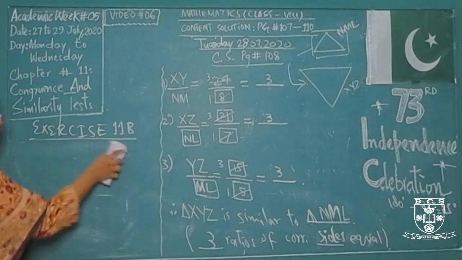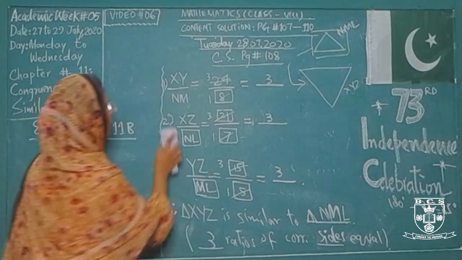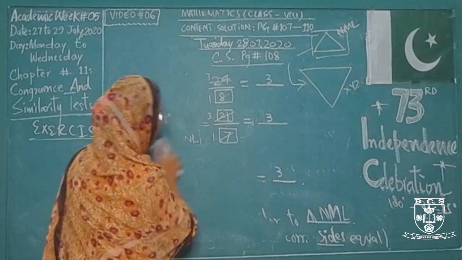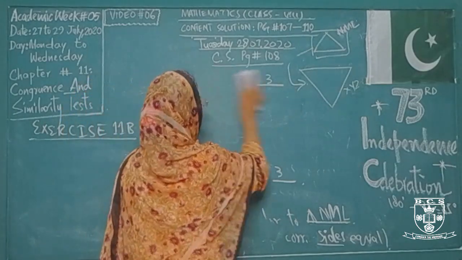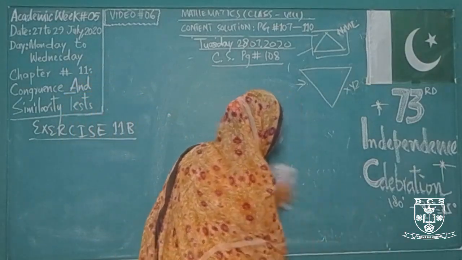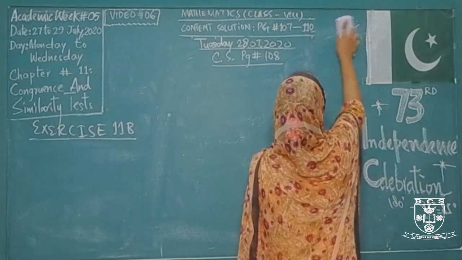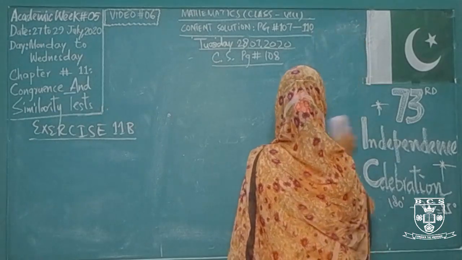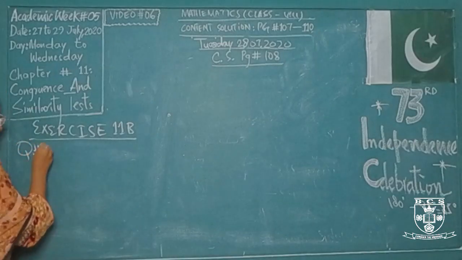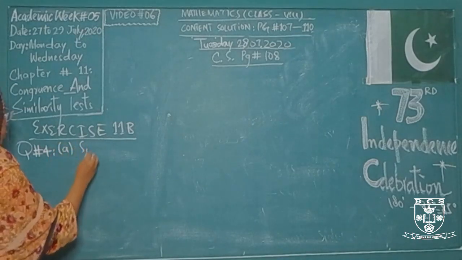In question number 4, we will firstly mention the corresponding points for the two given triangles. Then we will work for their congruent sides or angles, and as they show any type of similarity according to any similarity test, we will stop our work and mention them as similar triangles. So this is all about your question number 4. Again an easy question, similar to question number 2. Question number 4 part A, solution.